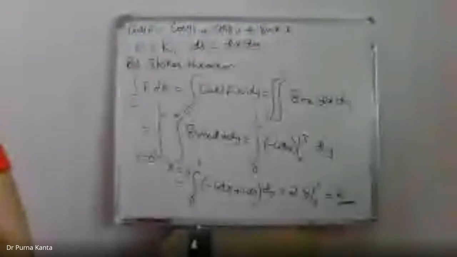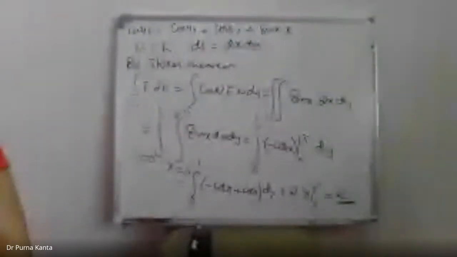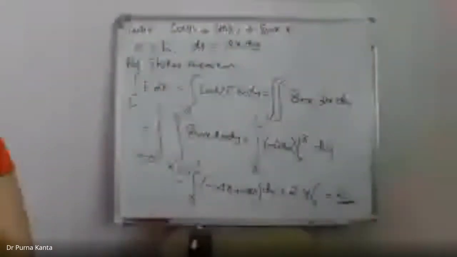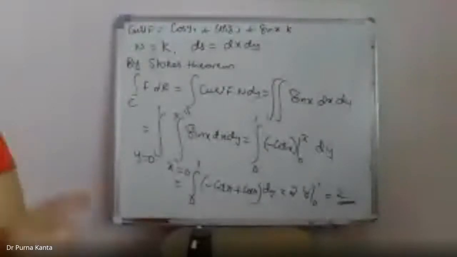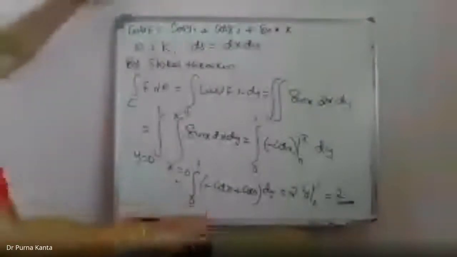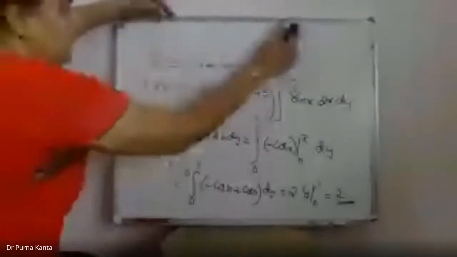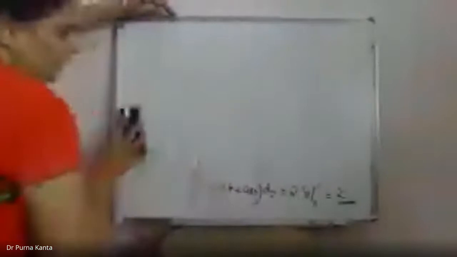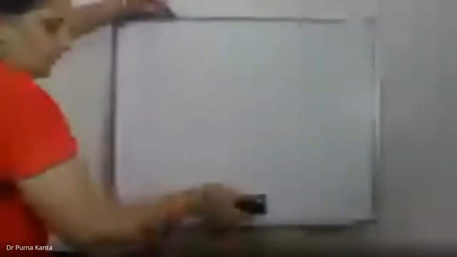Okay, so in the last 3 problems, what did you observe? We are given the line integral. Using Stokes' theorem, we have converted it into a surface integral and evaluated it. Now we'll do one different problem here. You will be given a surface integral. Using Stokes' theorem, you have to convert it into a line integral, then you have to calculate the value along the line. So we'll see that problem. Same case in reverse. You'll be given a surface integral, you have to convert it into a line integral and then calculate the line integral over here.